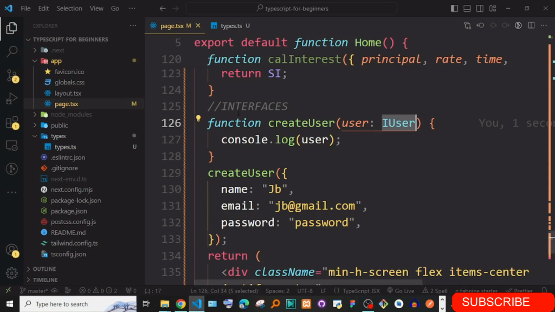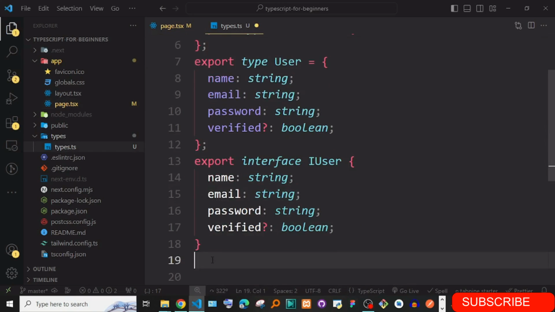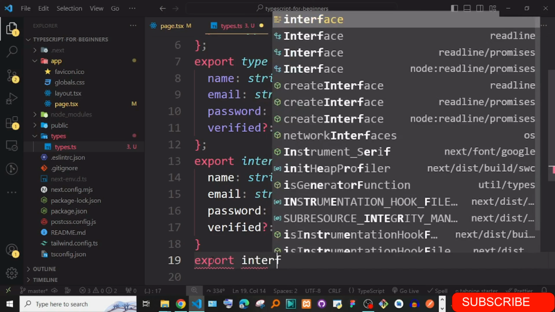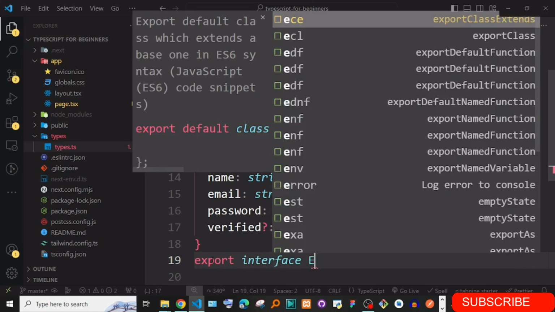Now to understand this, I'm going to go back here. From this user, I'm just going to create an employee. So for instance, I can just say export. Okay, now I want to create a new interface. So I can just say interface, and I say, for instance, employee.